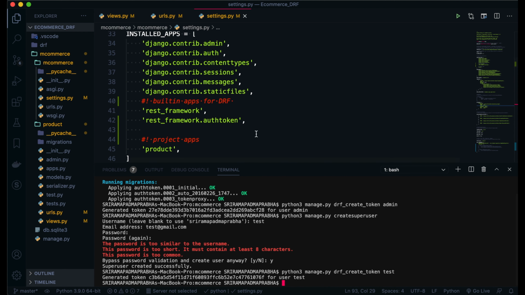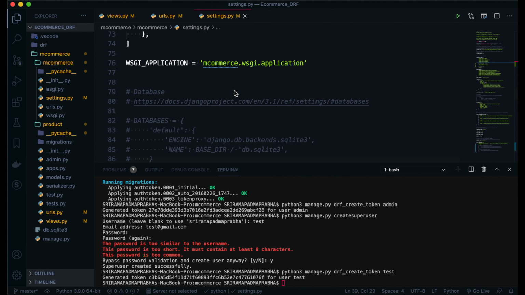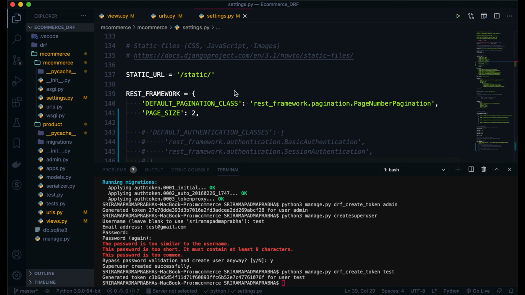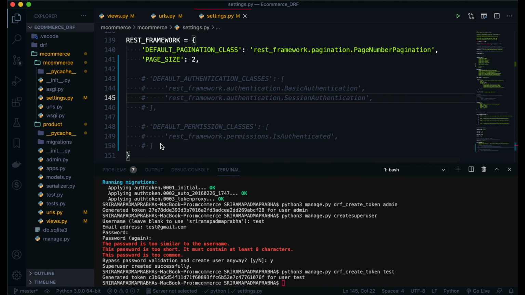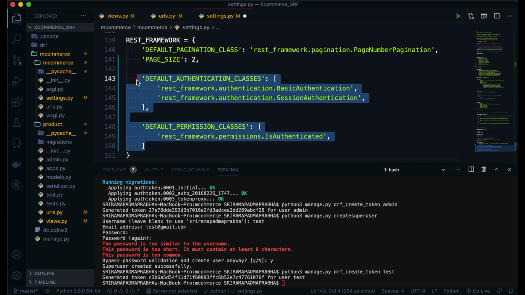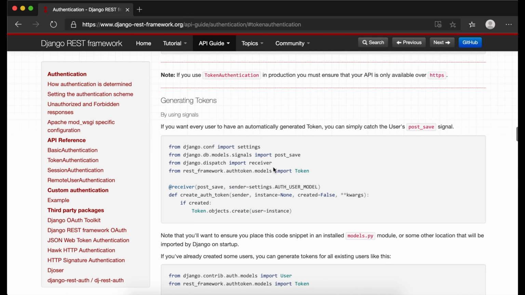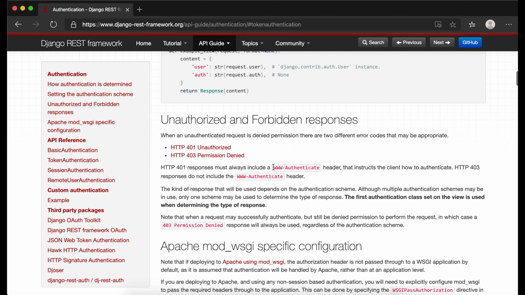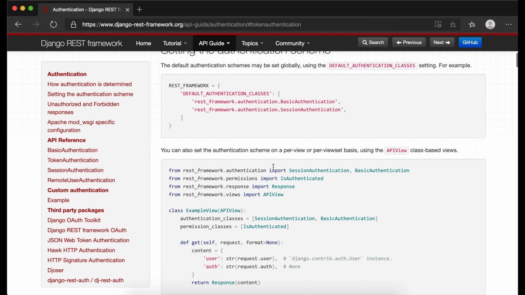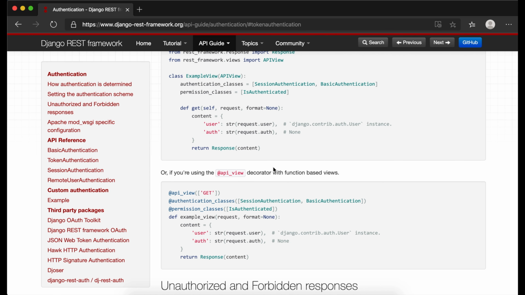But before that, where you are going to apply this authentication, there is a very important step, guys. If you are going to do the token authentication for all the authentications, I mean to say, here we already have the base authentication and session authentication. If we are going to do this token authentication at the global level, then we need to add the class here. Go to the documentation. The steps are very clear. I always recommend you follow the Django REST framework documentation, because the best source is the documentation itself.